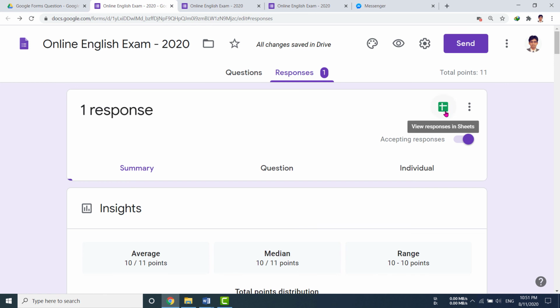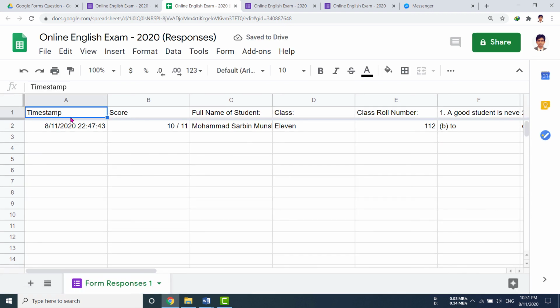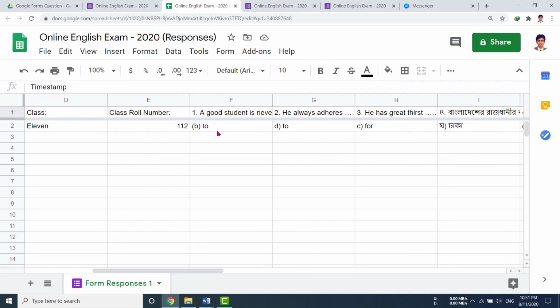Sheets means spreadsheet. Okay, so I am clicking on it for making result. See here, this is my result. Time stamp, that means when I have appeared at the exam. My score, out of 11 I have got 10. My name, class, roll. Then step by step, question number 1 answer is that, question number 2 answer, question number